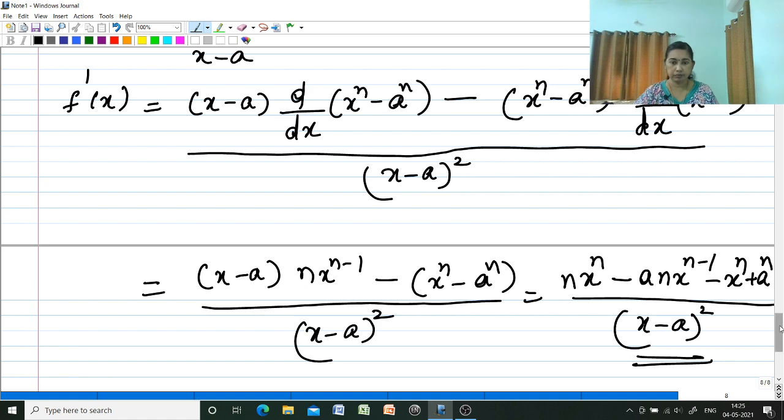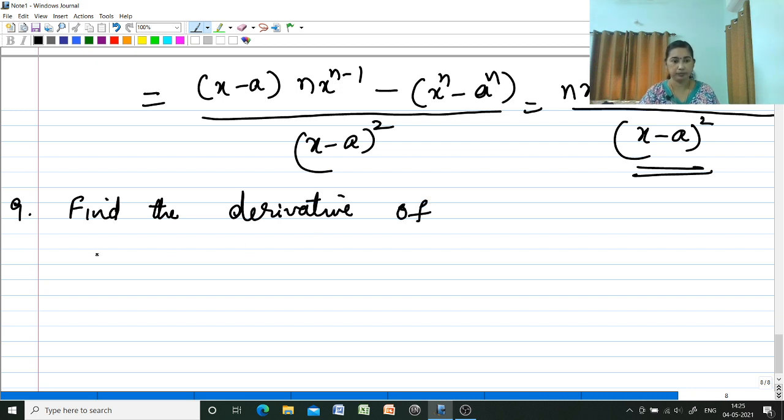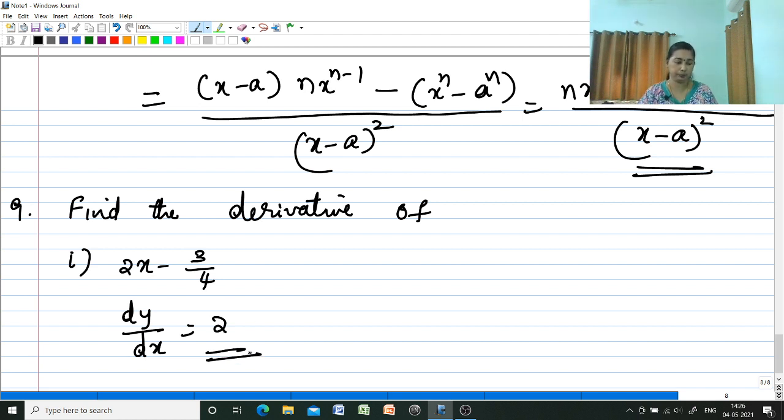Now question number 9. Find the derivative of the first one, 2x minus 3 by 4. So derivative is equal to, derivative of 2x is 2 and derivative of 3 by 4 is 0. So the answer is 2. Then second question,